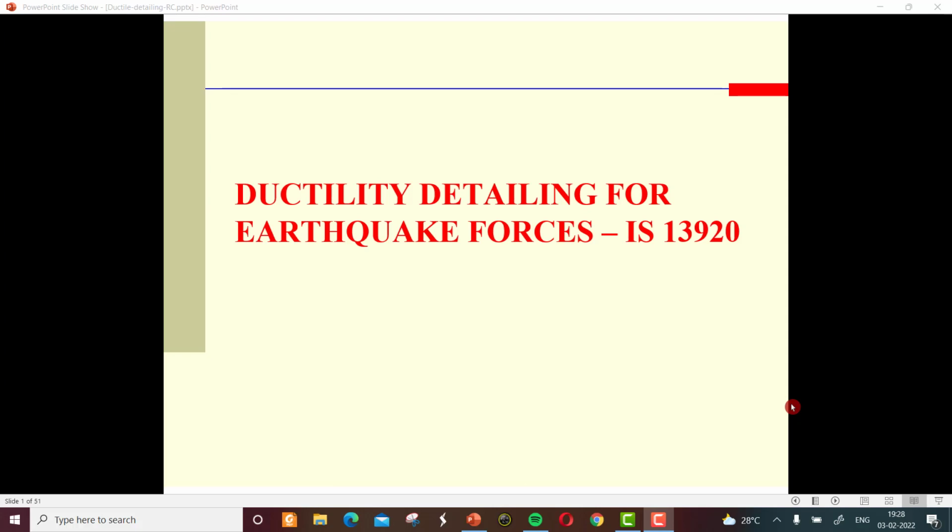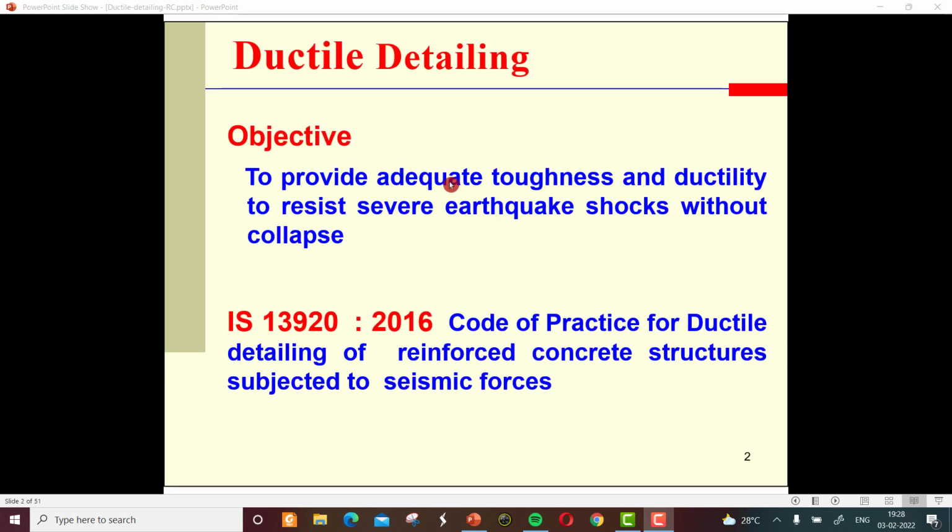Welcome back. Today we will discuss ductility detailing for earthquake forces. This is as per the Indian Standard code IS 13920, and the recent code was published in 2016. So coming to ductile detailing, the objective is to provide adequate toughness and ductility to resist severe earthquake shocks